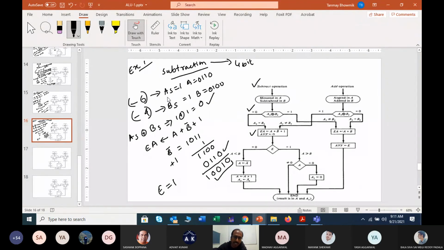And initially your sign bit was also 1. So you are just following this path. So your result will be AS is 1 and A is 0 0 1 0. That means it is a case of -2,